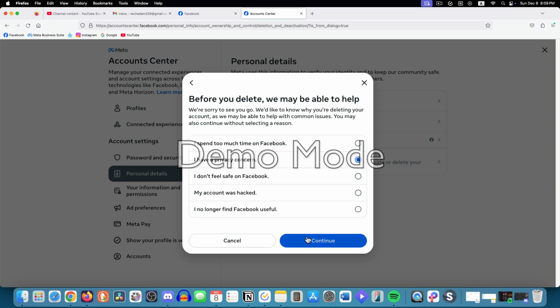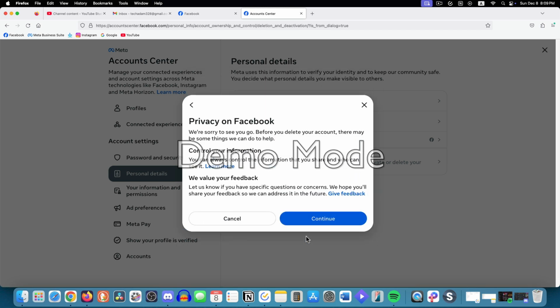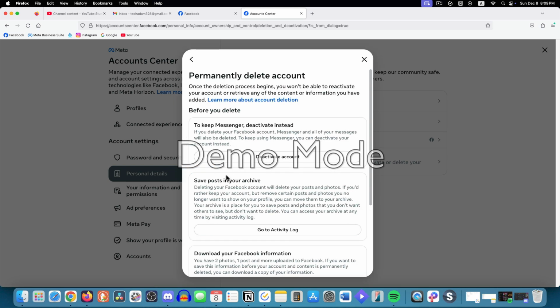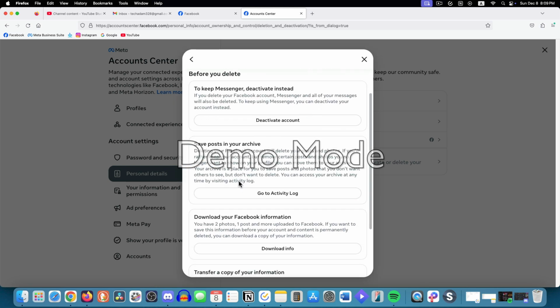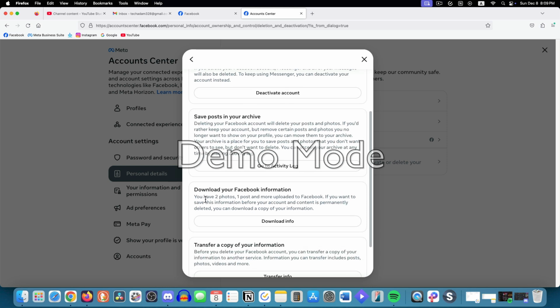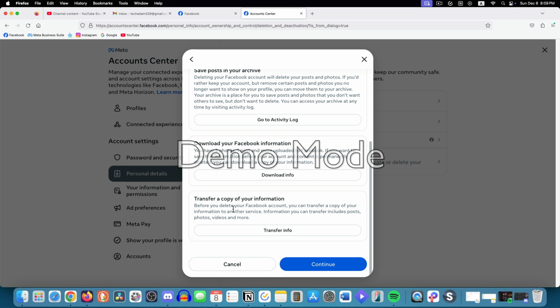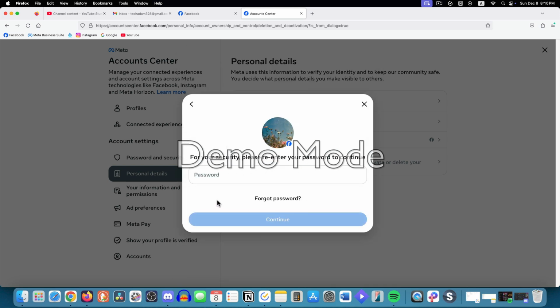Anything, just pick something, and then you read that. Continue. You read that. If you wanna save posts because it's gonna be deleted, if you want to download your information, transfer your information, then you continue, and then you put your password in, and then it's gonna